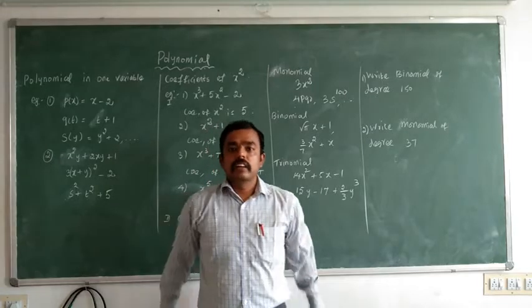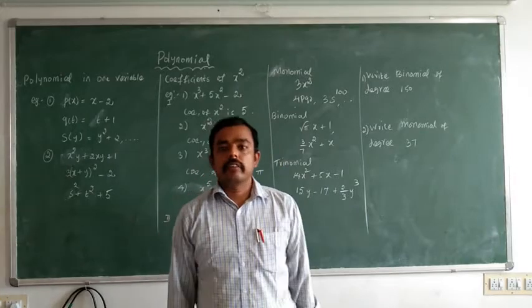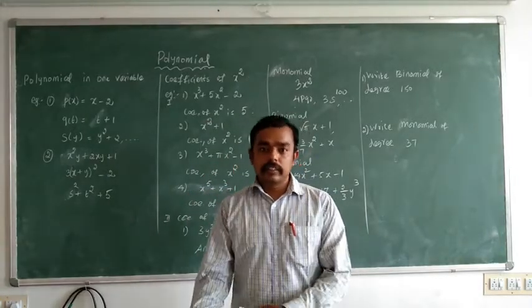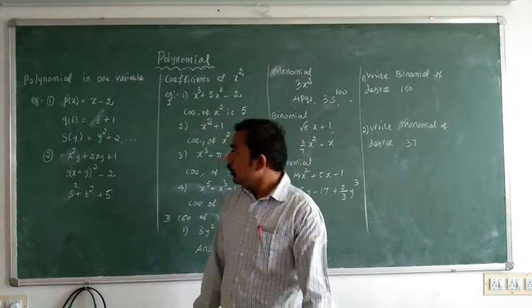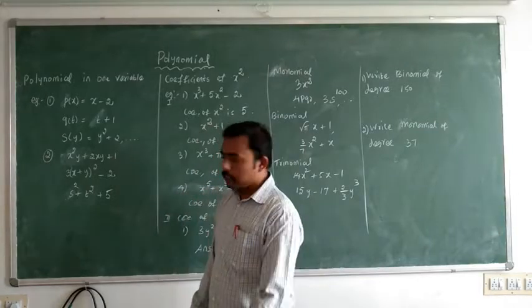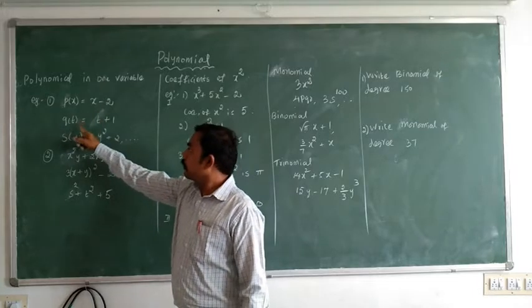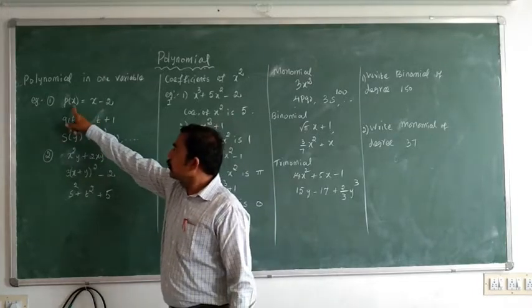Suppose we have unknown data, we give it a name such as x or y. This expression may have a power term, or be without a power, or have a higher power term. You have already come across many things about expressions. Now we are going to solve with p of x, q of t, just the name of the function, p of x. Here the variable x is involved.